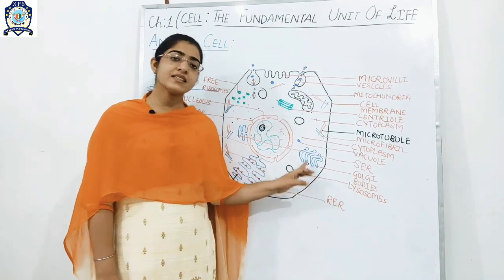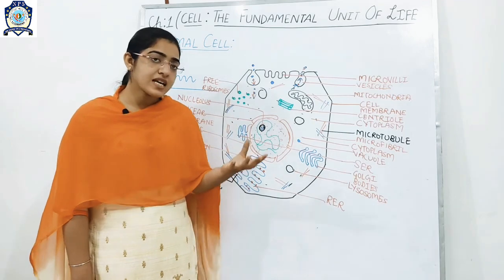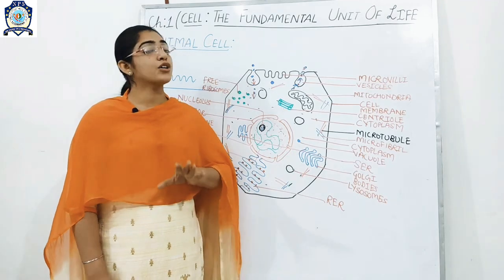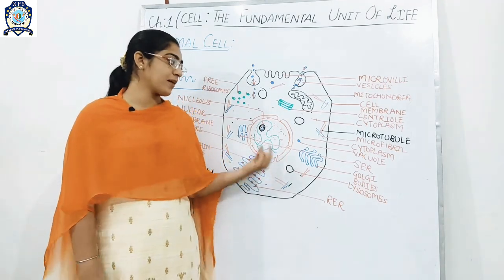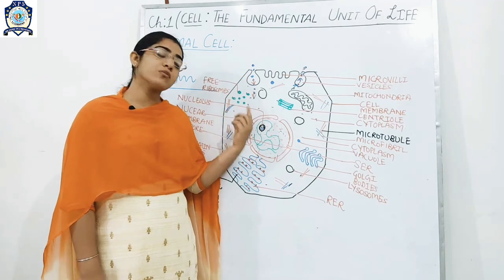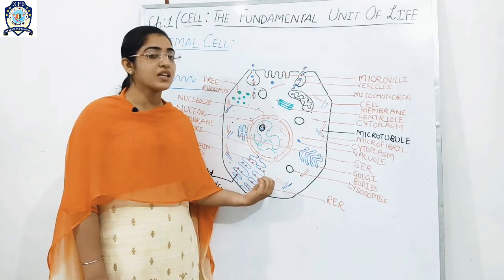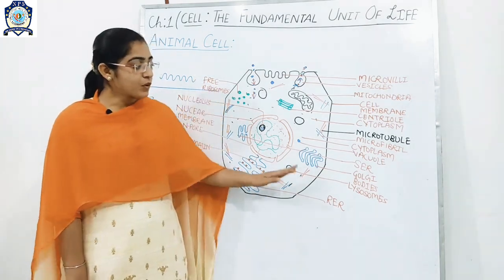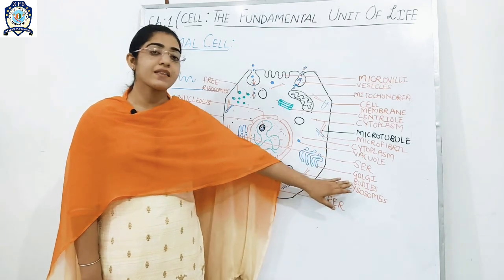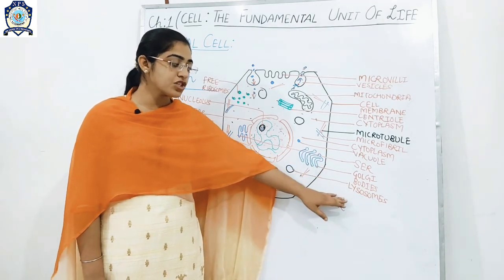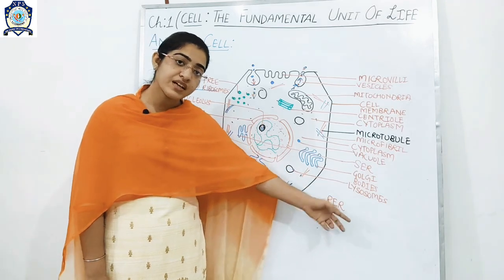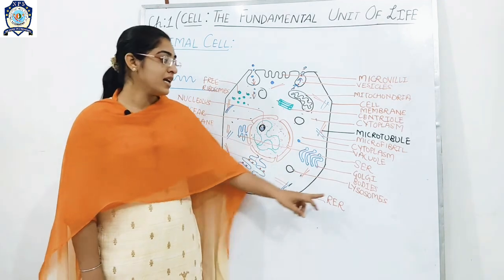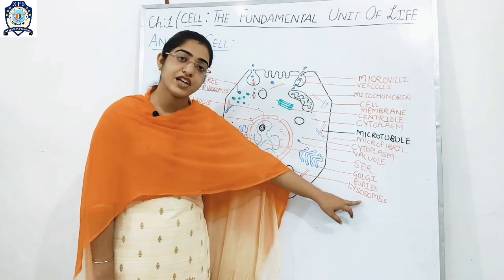There is also the Golgi body, which is almost one in number in the cell. The Golgi body helps in storage, because the ribosomes, the free ribosomes or the ribosomes attached to the endoplasmic reticulum, form the protein, and that protein is stored or transported by the Golgi bodies. From the Golgi bodies, another spherical structure arises, which is called the lysosome. And the lysosome, as you have studied, is called the digestive bag.